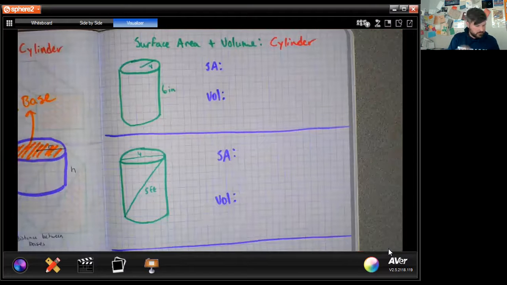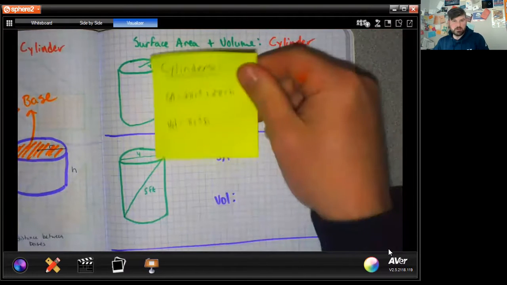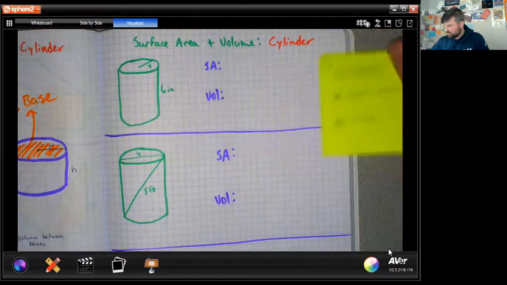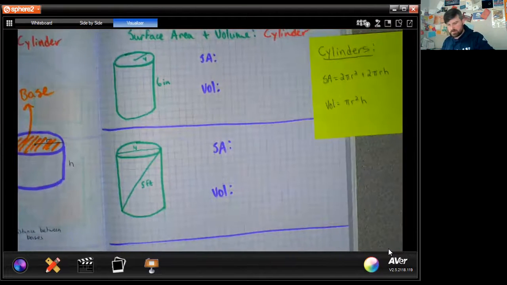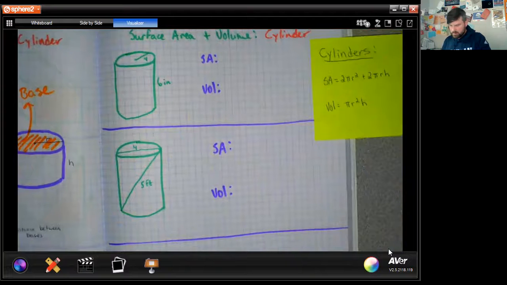And sometimes it's easiest to maybe have a little Post-it note here with the formulas right beside you. So if you want a Post-it for that, just let me know and I can get one for you. Okay, so